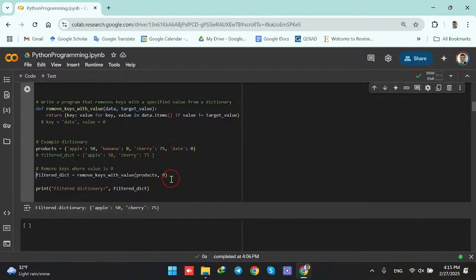But for example, if I want to remove the keys that have the value 75, I pass number 75. When I run the code, we see that in the filtered dictionary we have everything but cherry. Cherry has the value 75, and I didn't want that because I put 75 there. Apple is 50, we have it. Banana is 0, we have it, and date is 0, and it's there. But cherry is not there